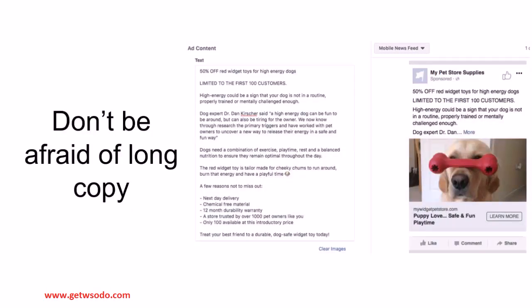And don't be afraid of long copy. Long copy in Facebook and in the newsfeed, it absolutely works. And I see this debate around, should I put short copy? Should it be long? Does it matter where they are in the funnel, etc.? My obvious answer is, first thing, test. But the second thing is, don't be afraid of long copy, especially if you are selling an item which